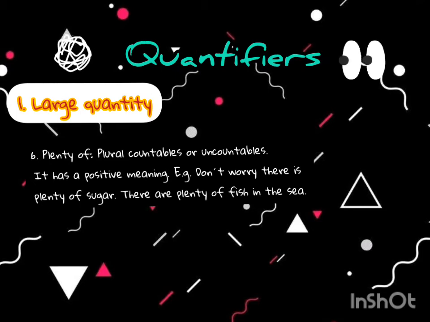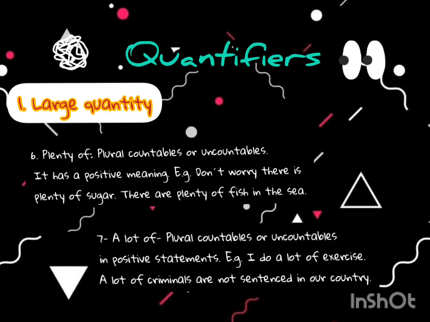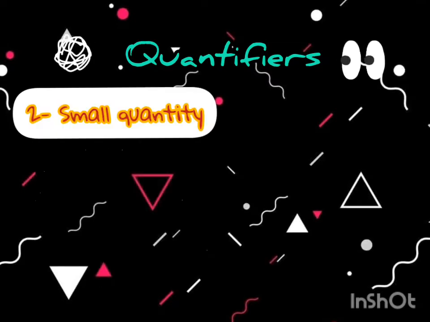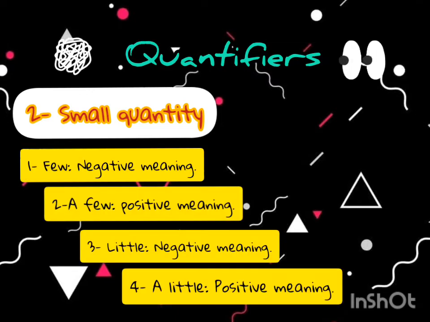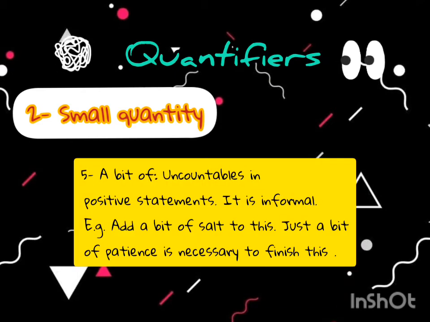This means more than I need, but again with a positive meaning. A lot of is used plus plural countables or also uncountables in positive statements. In the case of small quantity, which is the second category, we can have a few or few, a little or a little, which we have already discussed in the previous class. And also we are going to find a bit of, which is informal, and it is used with uncountables in